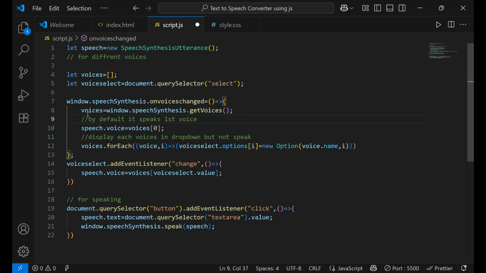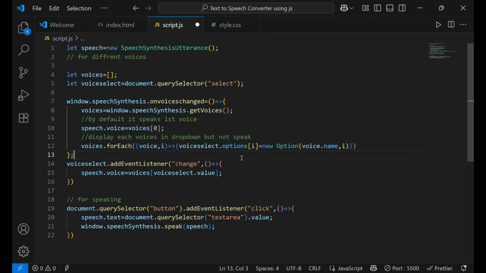To get the voice, this is what we use. By default, it will speak the first voice available in the list. This displays each voice, so that all the voices available are shown on the screen.